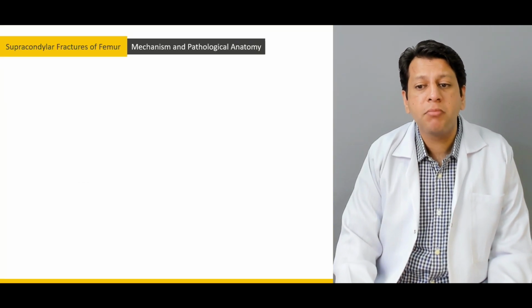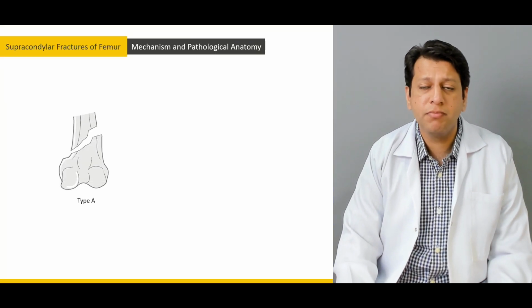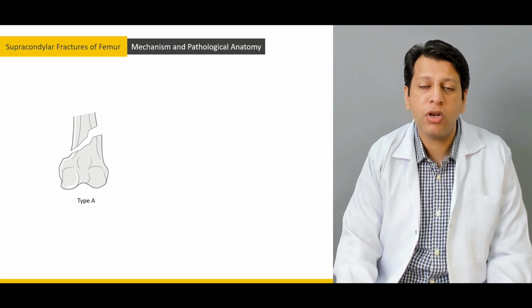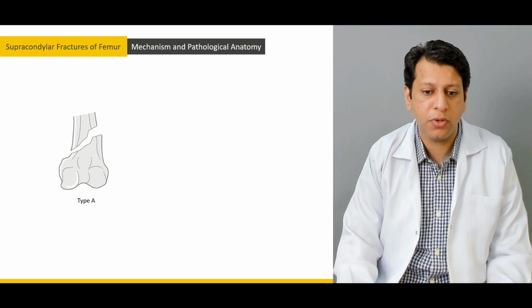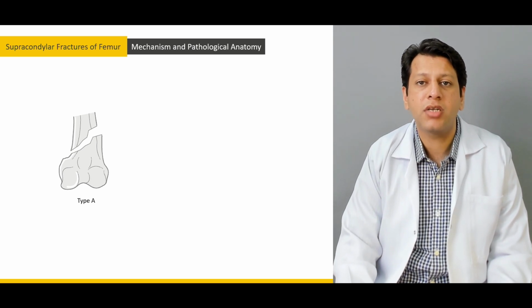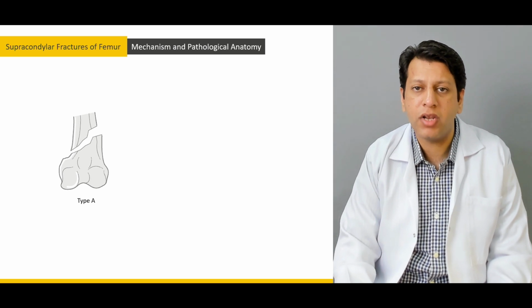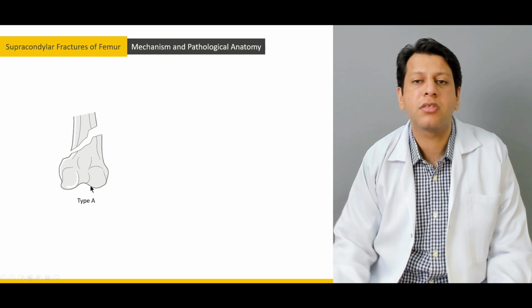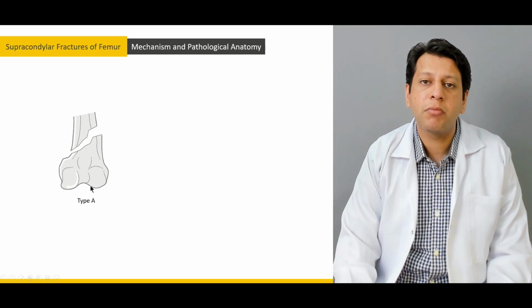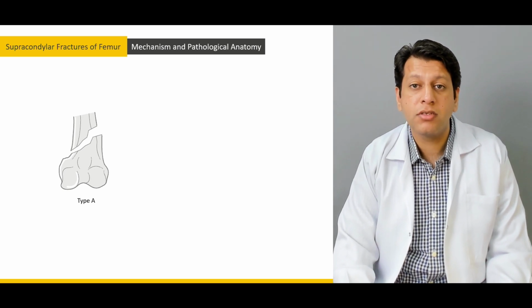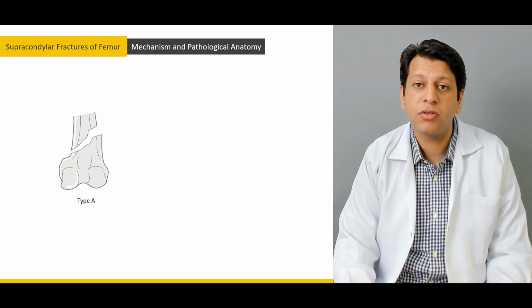Now, mechanism and pathological anatomy: this could be secondary to RTA, secondary to a fall, or a direct hit over the knee joint. AO classification is there, as well as different types of classifications. Usually if the fracture is in the metaphyseal region, it is termed type A, further subdivided into A1, 2 or 3. And according to the AO, as this is the distal part of the femur, it becomes